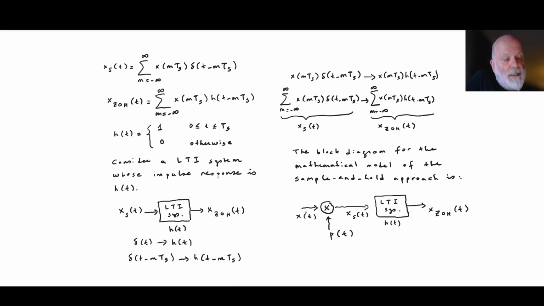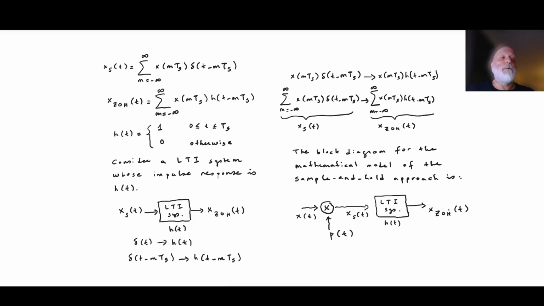Although this is done in a very straightforward way, we want to represent x sub ZOH of t in terms of xs of t,